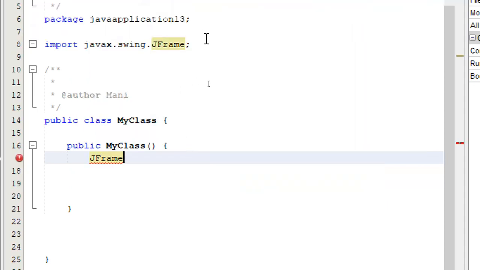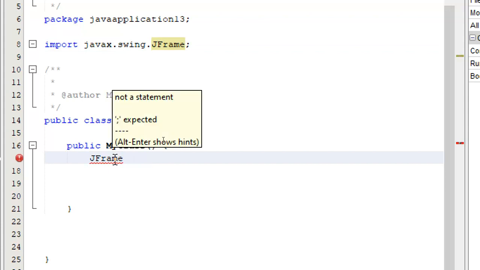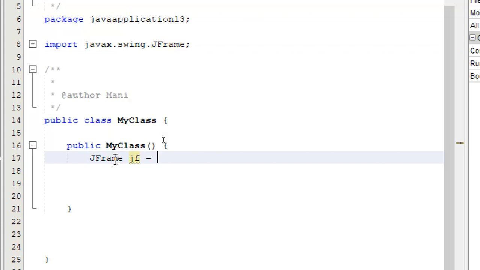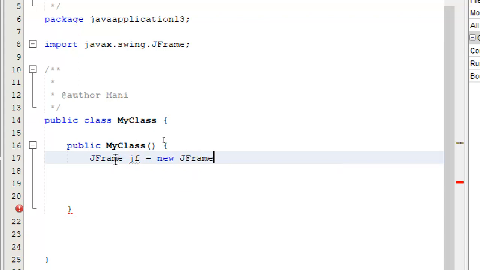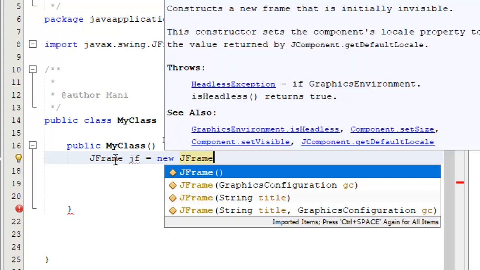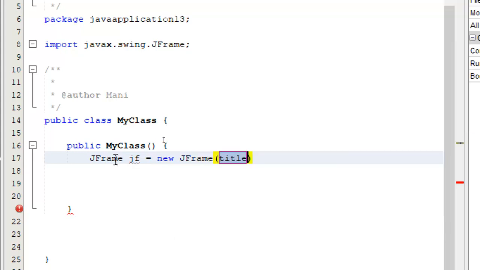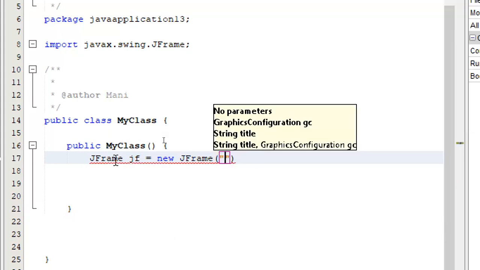You notice over here I have javax.swing.JFrame. Now I'm going to just write jf equal to new JFrame. So I'm creating a JFrame on my own, and I'm going to give just a title to my JFrame.